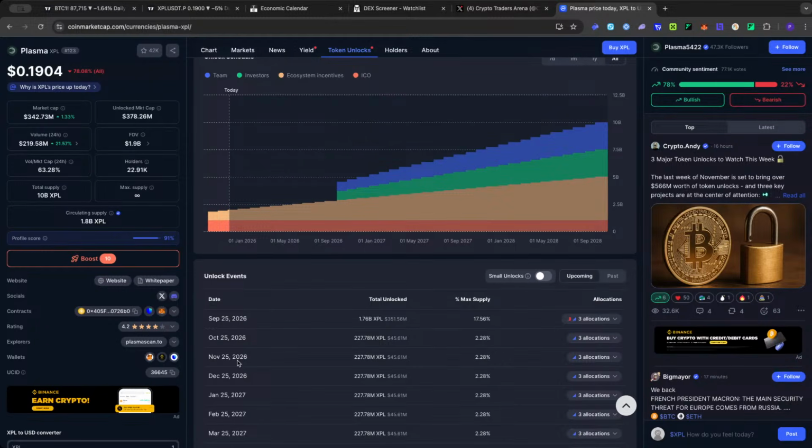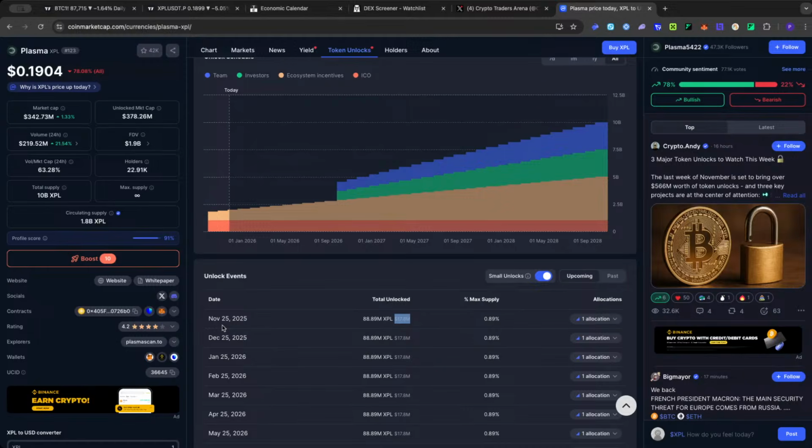November 25, this is 2026. On 2025, they don't show us anything. But if you activate the small unlocks, November 25, 2025, today, 17 million. It's a small unlock. They call small unlock what is below 1%. If they have a big supply, 1% is actually a big amount. They hide this one, and they do that on multiple, exactly like on TIA and other shitcoins.